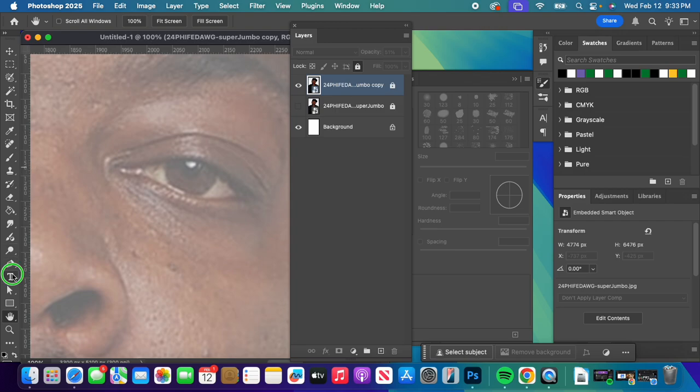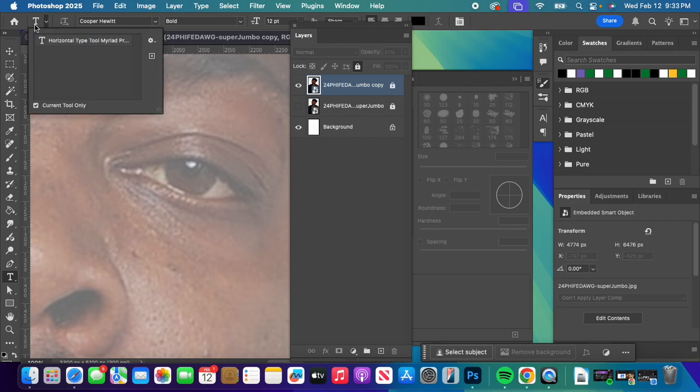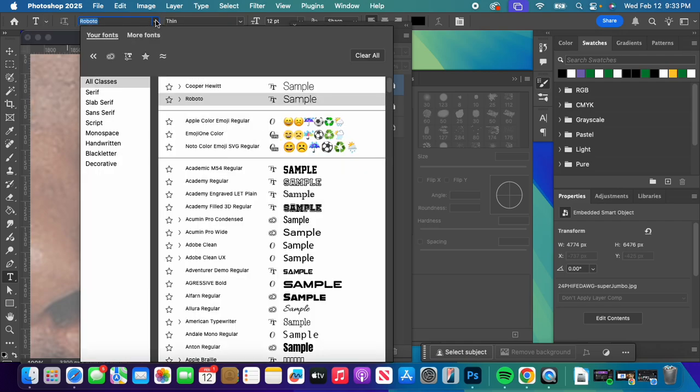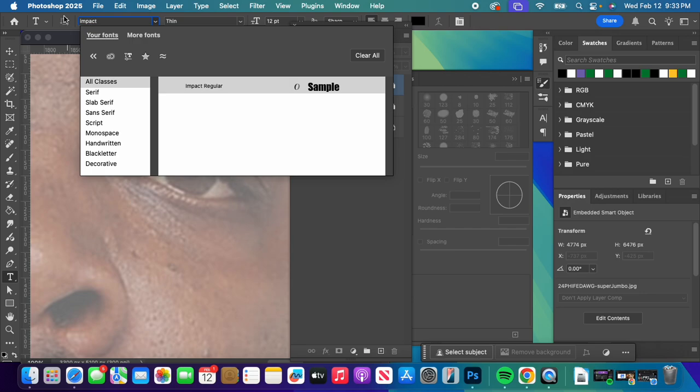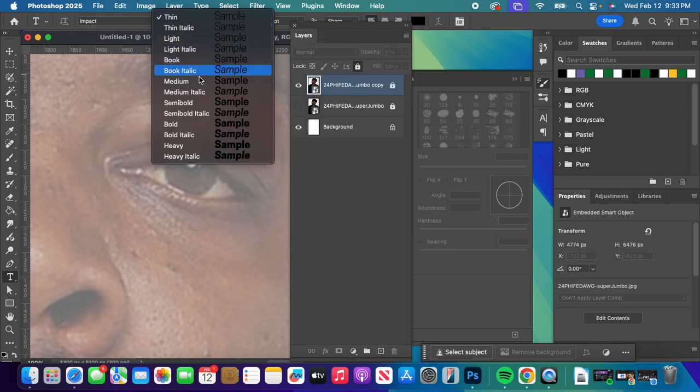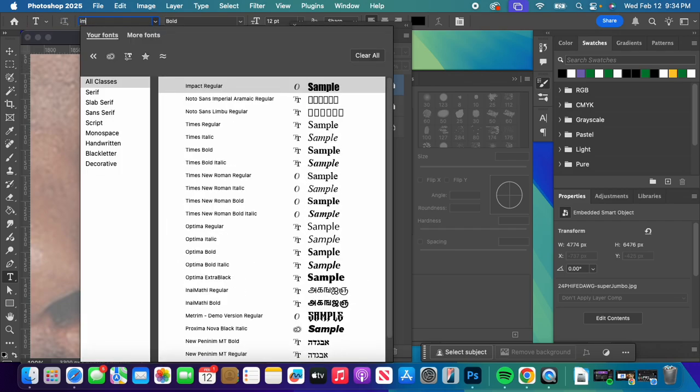Once you've done that, you're going to select the horizontal type tool. If you click and hold on the T, you'll see all of those options there. You're going to use the top one, horizontal type tool. Before you click anything, make sure at the very top here, it shows you the T for the text horizontal type tool. You're going to click on this right next to it, which is your list of fonts. I want you to pick a thick and wide font. Those are the best for this project. So most of you have Impact as your font, but as long as it's a thick font, I don't care which one you pick. Also make sure it is bold or regular at least, but Impact, like I said, IMPACT